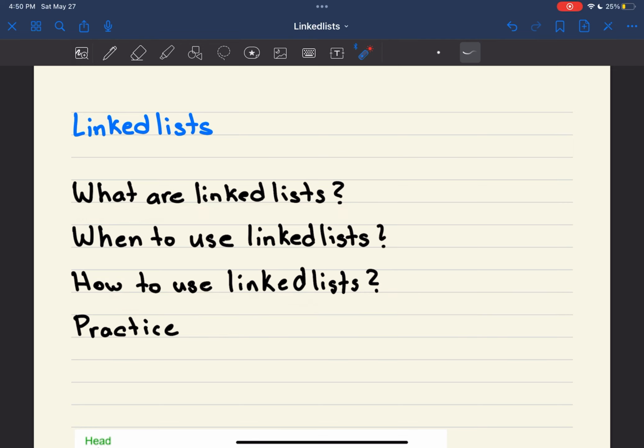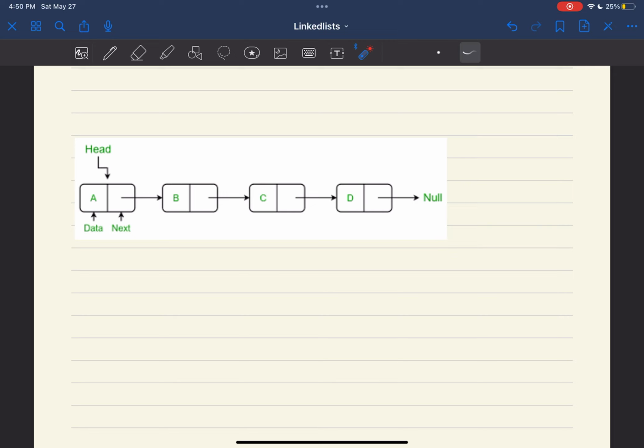To start, here's what a linked list looks like and what are the main components of a linked list. Each one of those are called nodes. So a linked list is a collection of nodes, and these nodes contain two main things. They contain data and the next. The data could be any data type like an integer, string, and the next is basically a reference pointer to